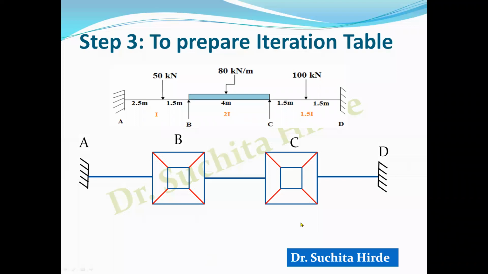Now once you prepare this diagram, next is to write the fixed end moment. Fixed end moment we write above this line. For example, here we will write fixed end moment MFAB. MFAB value we are going to write here, and MFBA we will write here. So for member AB, whatever fixed end moments are there, we will write above this line. Similarly, fixed end moment for BC, we write above this line, MFBC and MFCB. Then above this line, we will write fixed end moment for member CD, MFCD and MFDC.